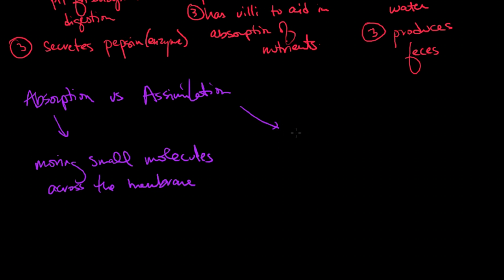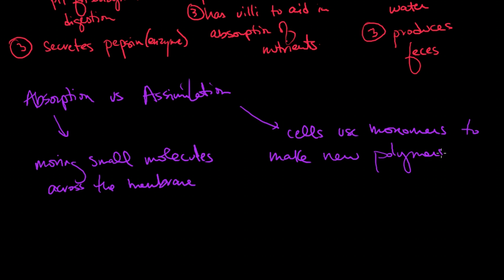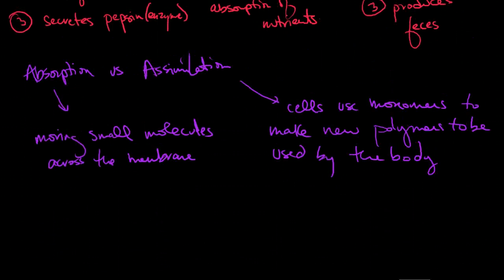And assimilation is when cells use the monomers that were absorbed into the bloodstream to make new polymers to be used by the body. Okay? Alright, so the last thing here, the last bit for digestion that you need to know for now anyways,